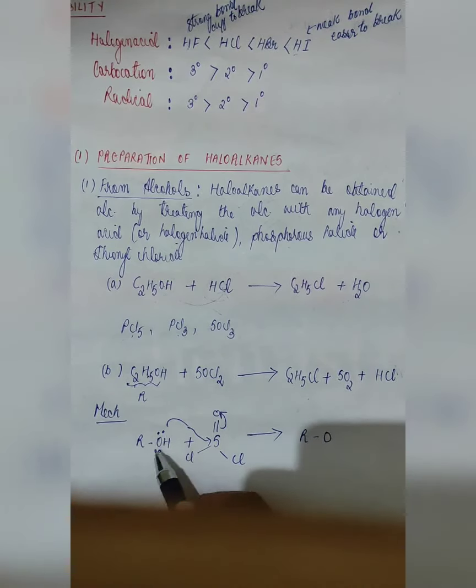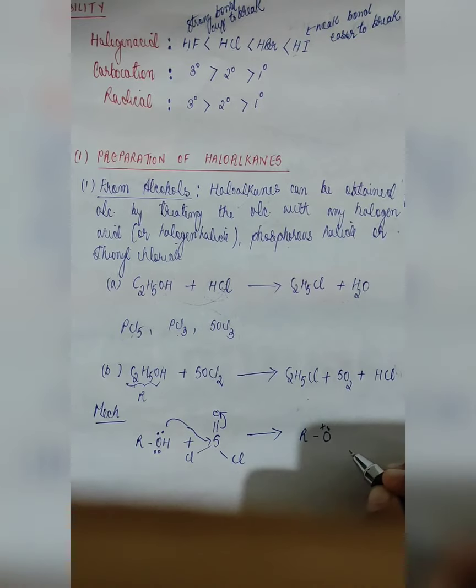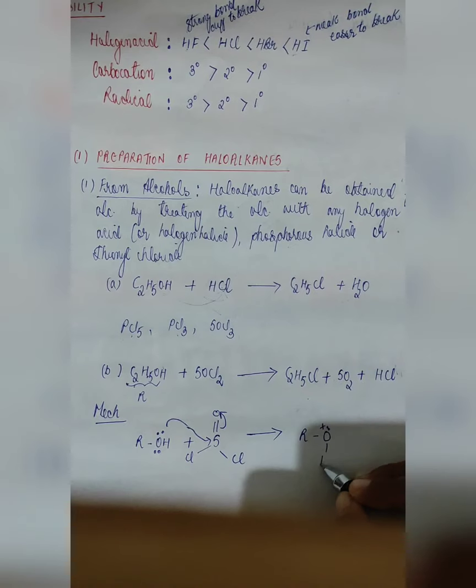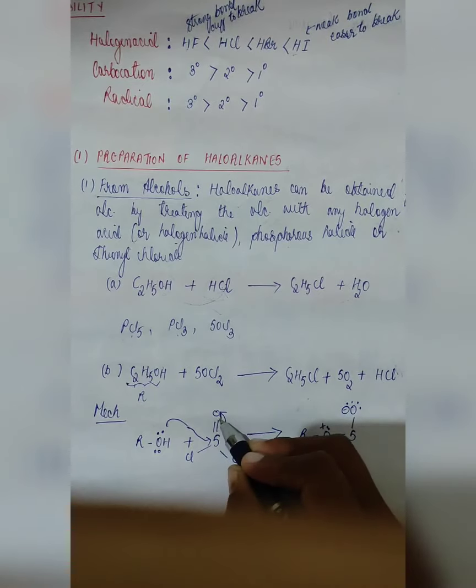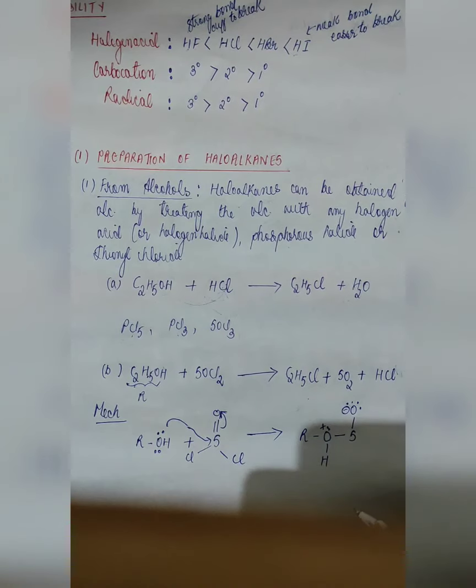Oxygen from the 2 lone pairs has given only 1, so it is left with 1 lone pair. It acquires a positive charge because it has given away its electron. So this hydrogen goes here. Now it forms a bond with sulfur. The other oxygen already has 2 lone pairs, with a negative charge because the electron was given to the oxygen, so it has an extra bond pair now.